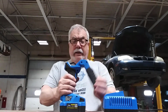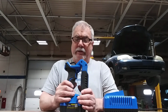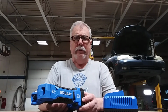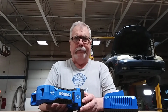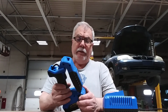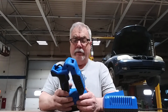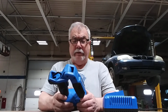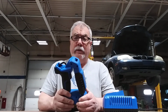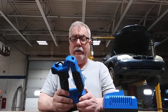So anyhow, no batteries. So I went out and I wanted to get the 2 amp hour battery pack because you could get 2 of those for, at one point, like 30, 40 bucks. Not happy about this, but Kobalt's upped their pricing on their battery platform. They're still less than a lot of the other cordless manufacturers, but you just hate to see prices go up. I couldn't get the 2-pack of the 2 amp hour batteries, so I ended up getting